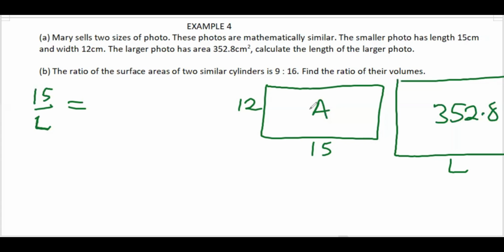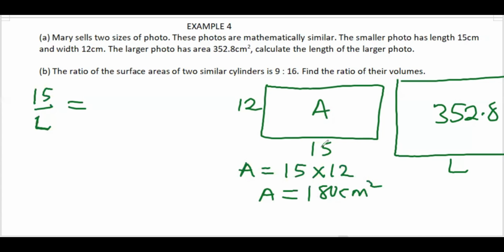The area of the smaller is A equals length, which is 15, times breadth, which is 12. 15 times 12 gives us 180 centimeter squared. Meaning that the length of the smaller ratio the length of the bigger will be equal to the area of the smaller, which is 180,